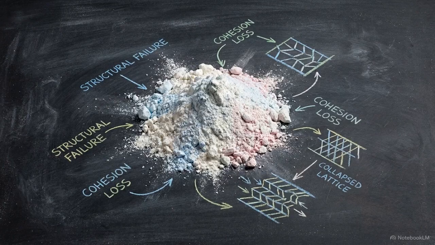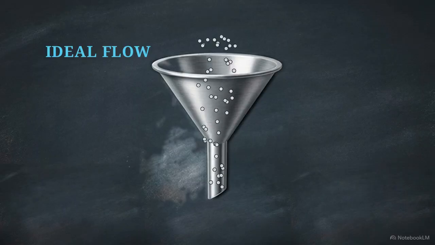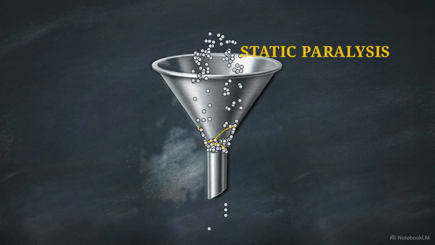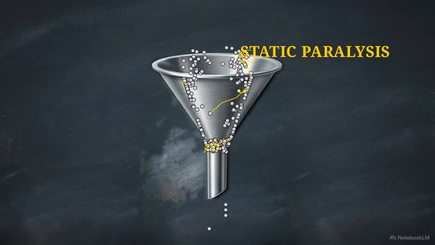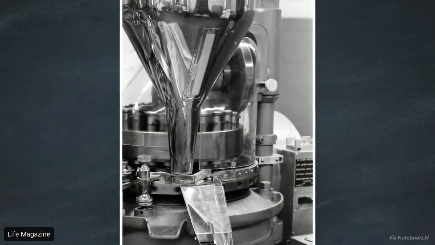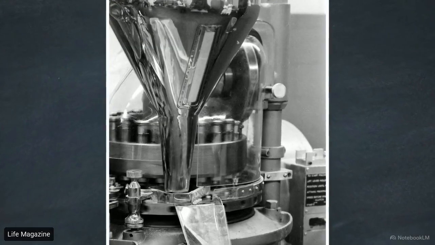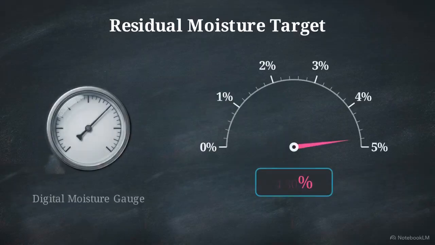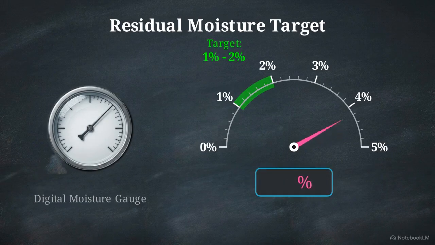It serves as the critical final step in manufacturing before a drug reaches its packaging. The pursuit of a completely bone-dry product is a common fallacy. Stripping all moisture from a pharmaceutical powder introduces static charge inhibition, which paralyzes powder flow and causes particles to cling to machinery rather than flowing through it. Overdrying also ruins tablet compactability. For a tablet press to successfully compress granules into durable pills, engineers must target a precise residual moisture, typically held